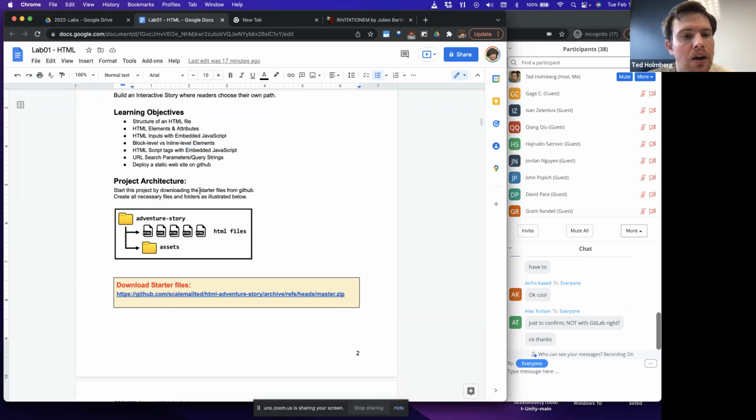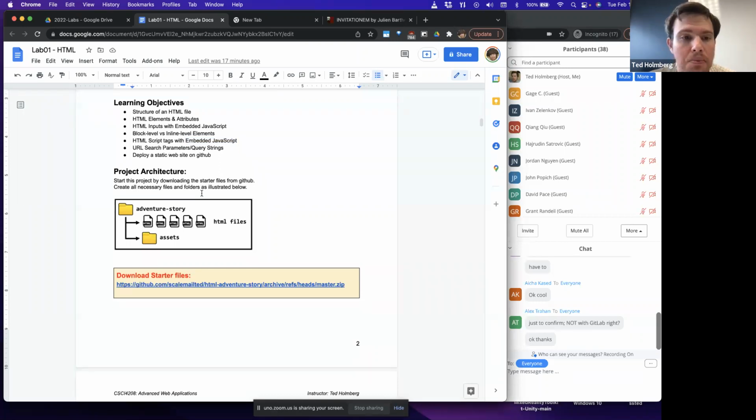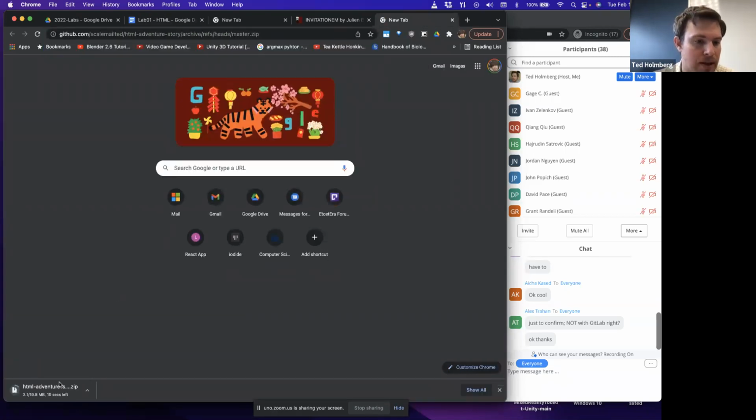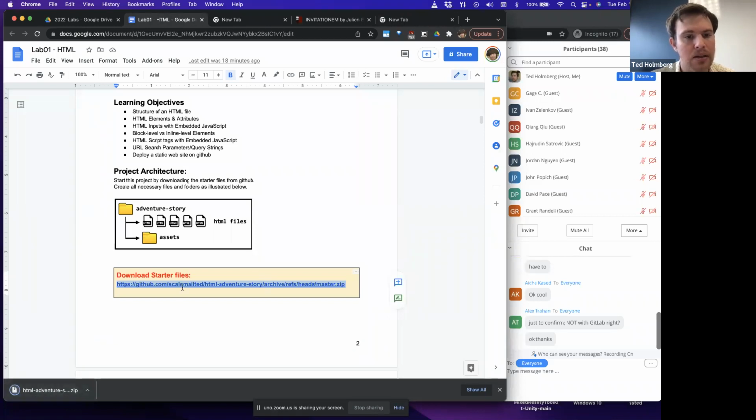Okay, so let's see here. The project architecture for this particular project is we'll have a root directory. We'll call it, say, for instance, adventure story. Inside the adventure story are going to be assets that are given to you that you will need for this lab. You can get these assets either from Moodle, from the starter files, or you can just follow this link. I'm just going to follow this link because it's easy. I'm going to copy this and paste it into the browser. Here we go. It's going to download a 19 meg zip file. Okay, I'm going to hop back on over here, and while that completes,